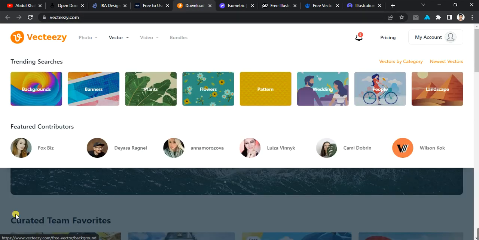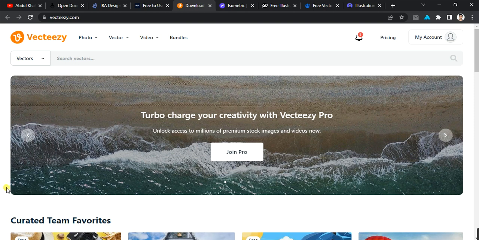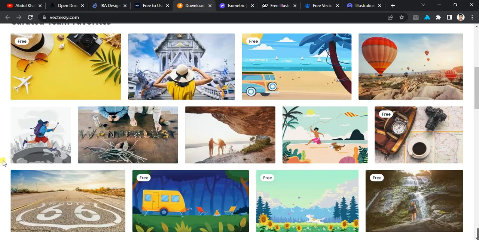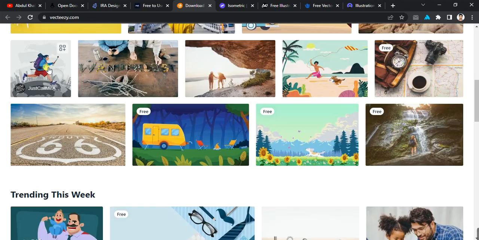So the next website is Vectezy. Actually Vectezy is not only for illustration. You can download any logo or illustration or photo from this website, that is called vectezy.com. So if you like this illustration, then just click here. So I just click here, and